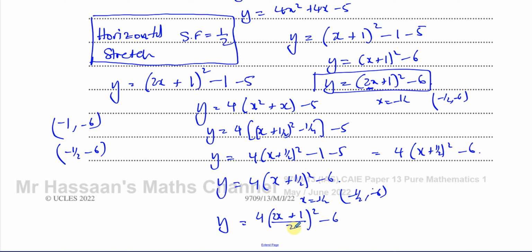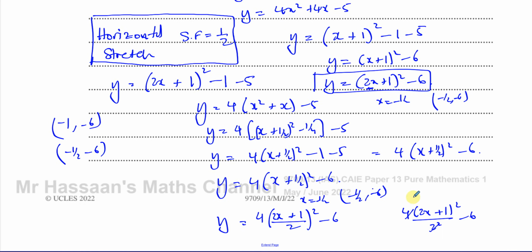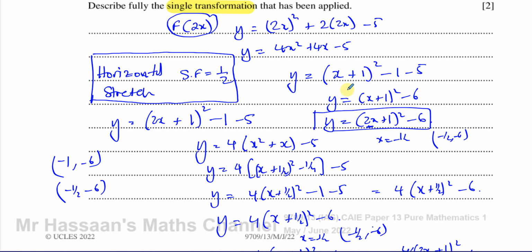So now we can take out 2 squared from this. So this is like 4 times 2x plus 1 squared over 2 squared. That's the same as that. Minus 6, that cancels with that, and you end up with this. So they're the same thing. And if you can express it in a way that only one thing has changed, you'll be able to see it. But as I said, the quick way is to just basically realize x has been replaced by 2x, and that's fine. I'm elaborating on this part here because one of my students has asked me about